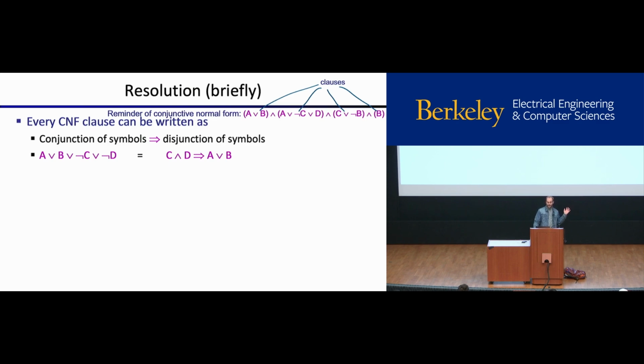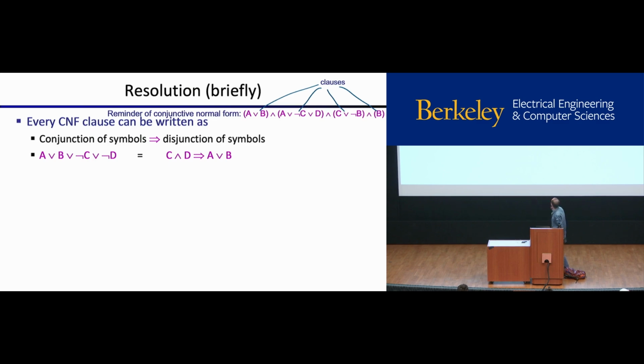This is a theorem proving algorithm, which also has the property that it can find a contradiction if one exists, and if one doesn't exist, then it's satisfiable. Then there exists an assignment of values to variables that makes it true. So the first thing to note,